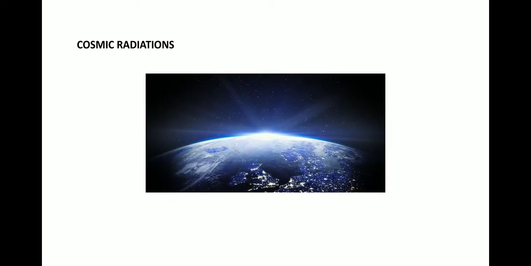Cosmic radiations. The cosmic radiations enter the Earth's atmosphere from the Sun and from outer space. They contain a large number of high energy particles, out of which a large number of the charged particles are deviated by the Earth's magnetic field. But still, a substantial amount of uncharged radiations such as alpha rays, gamma rays and X-rays reach the Earth's atmosphere. And these radiations are quite harmful for human beings.